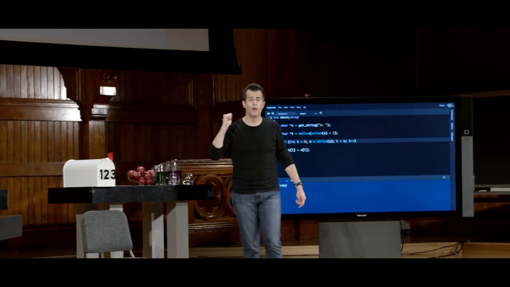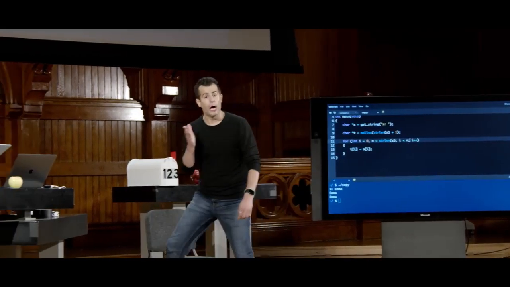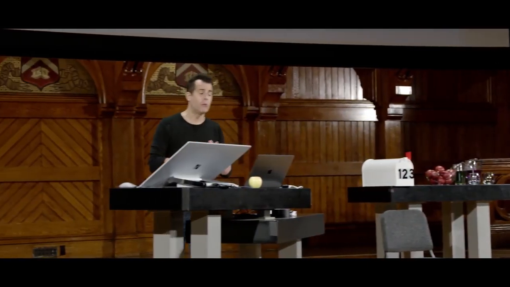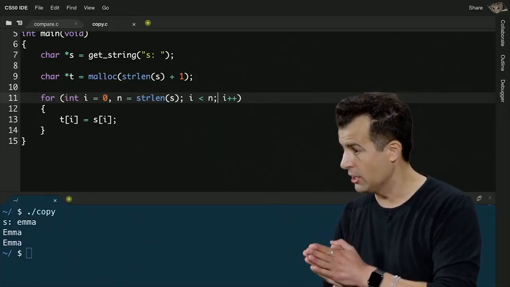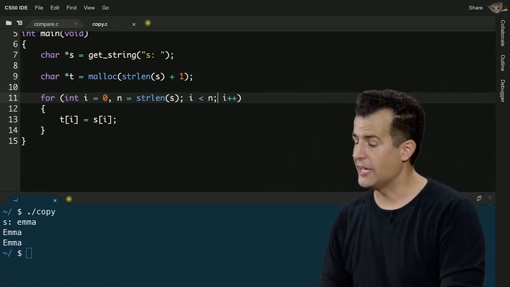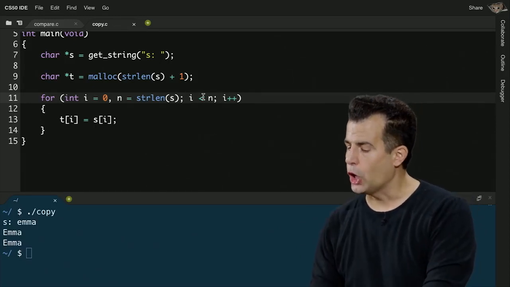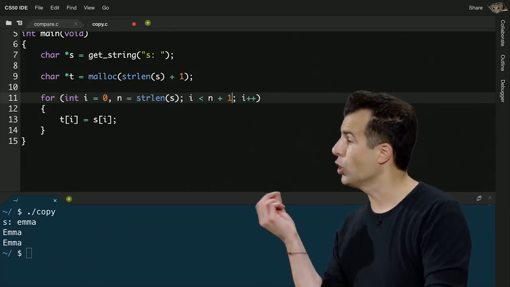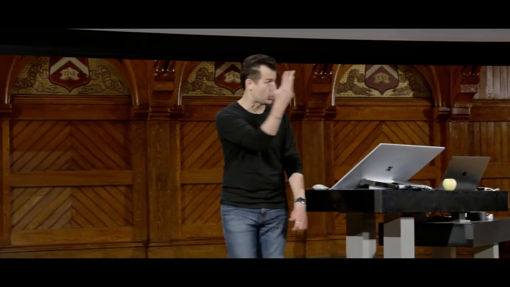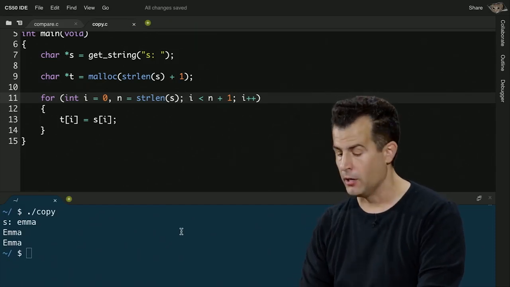How many bytes? Yeah. I'm not copying the null terminator. So every other time we've iterated over a string, this has been correct. Iterate up to the length, but not through the length of that string. But I technically do want to go one more step this time, because I want to copy not just EMMA, which is strlen 4. EMMA is 4. I also want to do it a 5th time for the null character. So in this case, I'm deliberately going one step past where I usually want to go to make sure I copy 5 bytes for Emma, not just 4.